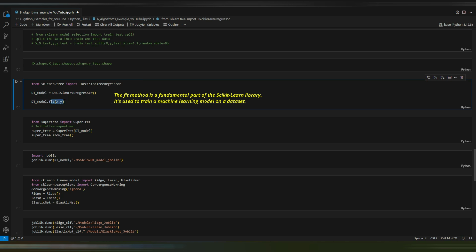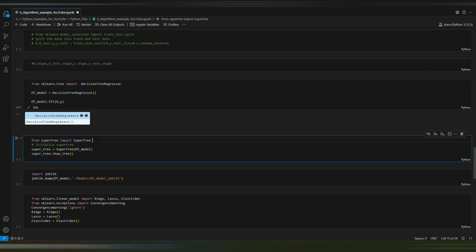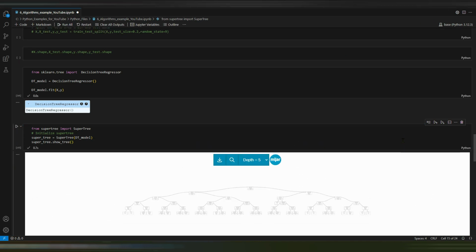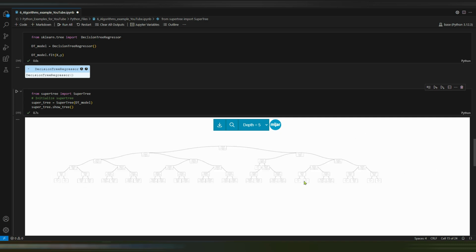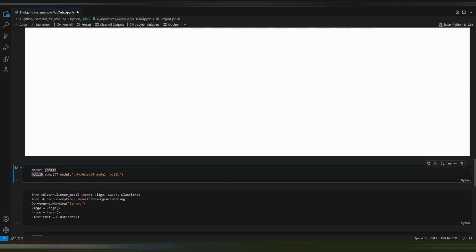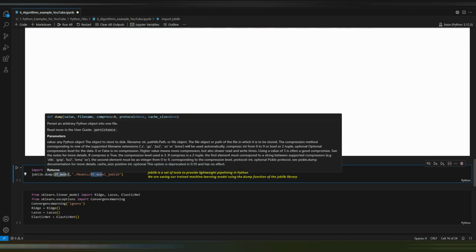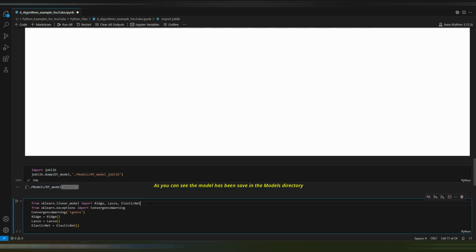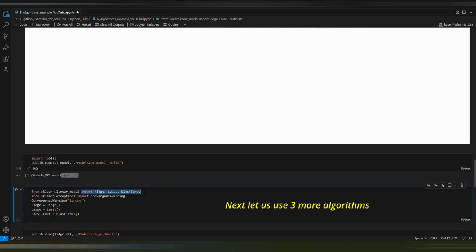We are not going to go into much detail, but we will import that decision tree regressor and load it. And we can also visualize the tree by using a Python package called supertree. And by using joblib, we can save this trained model. And once we have that, we have a trained model in our directory. And we can also use 3 more